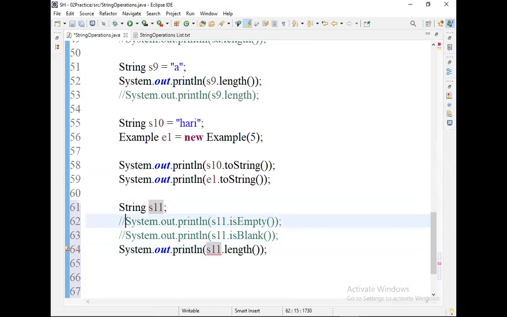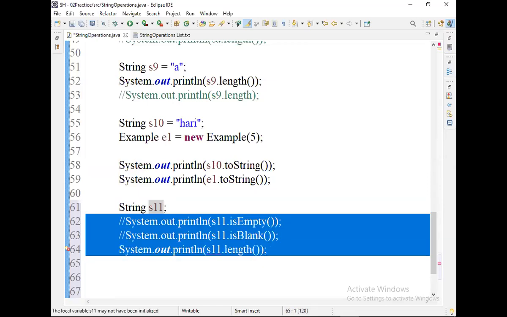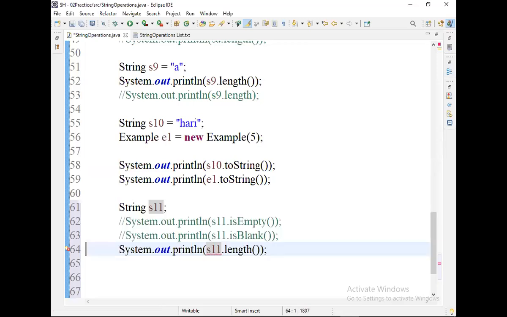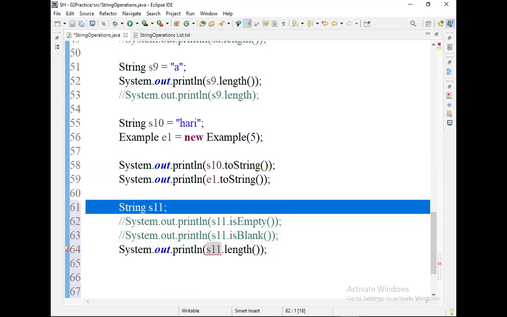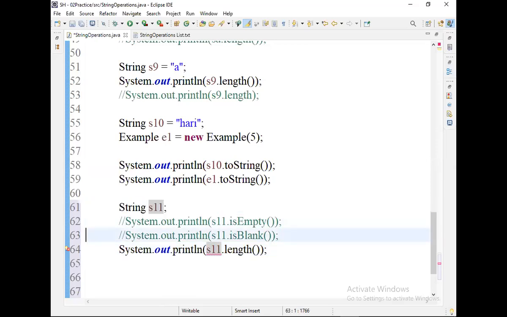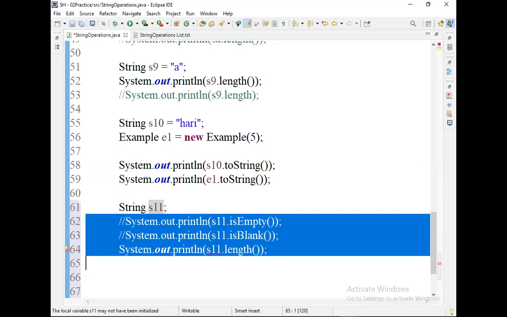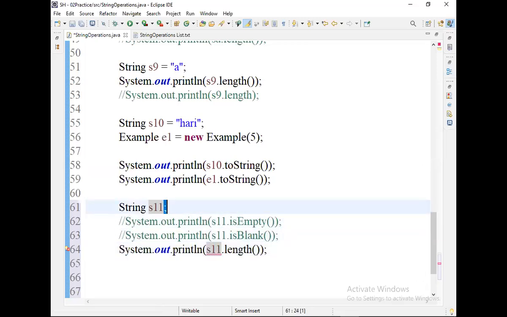All these methods are meant for finding whether the object the s11 variable is pointing to, the string object, is empty or blank, or what its length is. So if you call them on an empty variable, the compiler will throw an error.